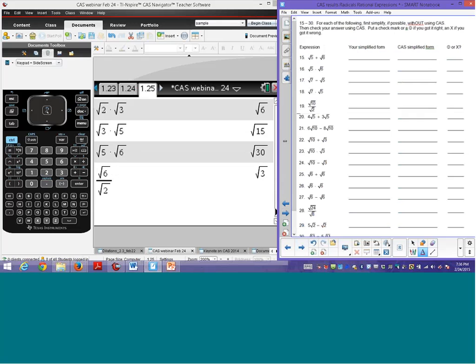And it says for each of the following, simplify, if possible, without using CAS. Write your answer. Then do it immediately with the CAS. Smile if you're right, X if you're wrong. And again, if they miss this one, radical 5 plus radical 6, and then are told they were right, then when